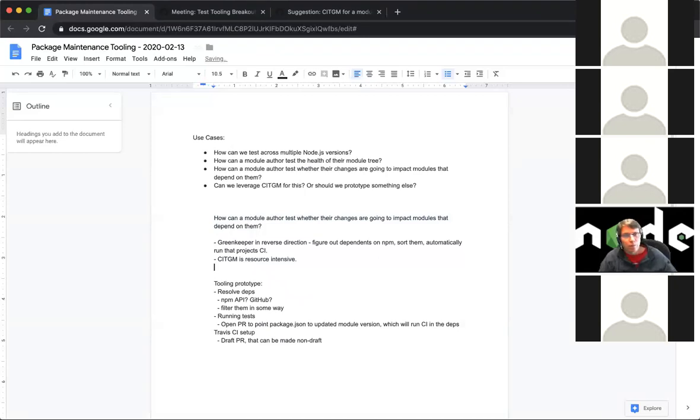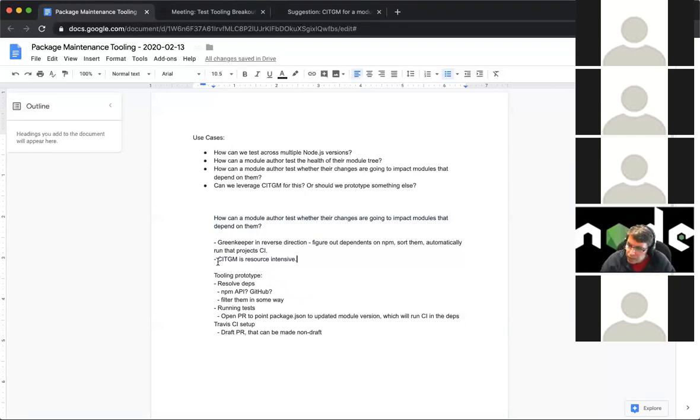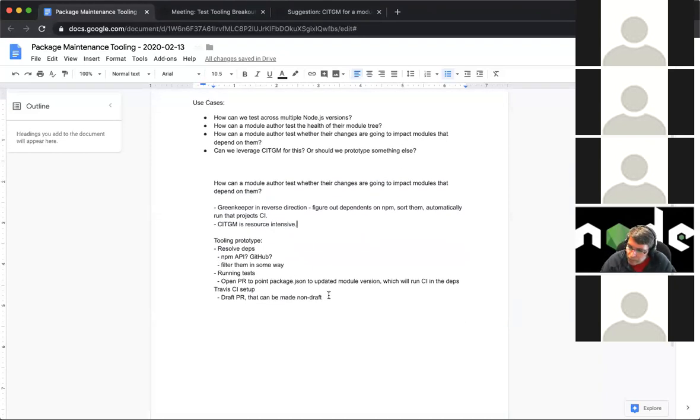Sure, absolutely. That's why I'm thinking about a set of libraries and even starting off not as a GitHub application or anything, just a CLI, which you can compose and split off. That's why resolving the dependencies and running tests are two completely different things in my idea. Yeah,